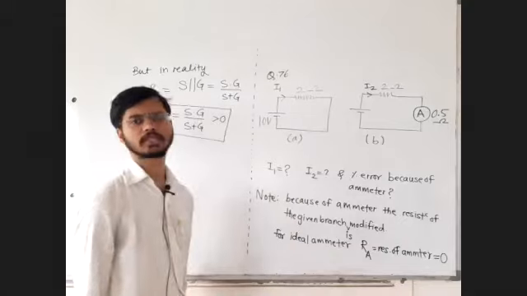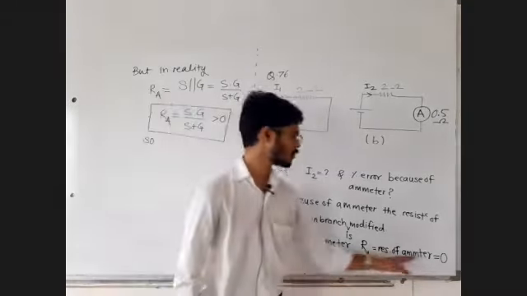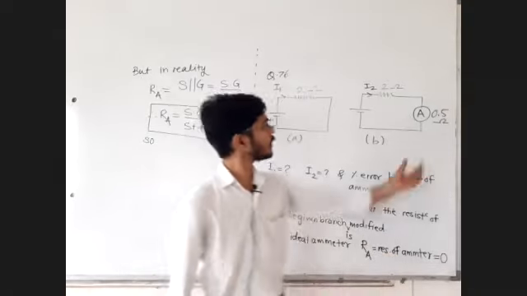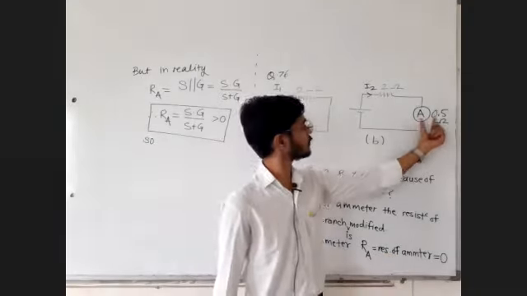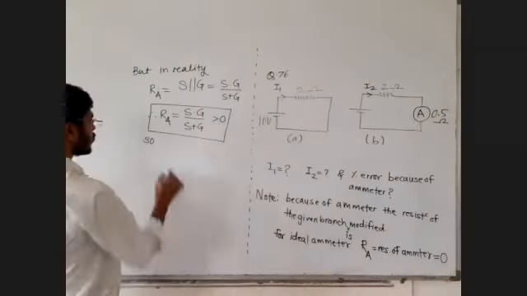So if in the question you are given that the ammeter is ideal, take the resistance of the ammeter as 0. But if they write 0.5 ohm near this ammeter, then it is a practical ammeter. Okay, so